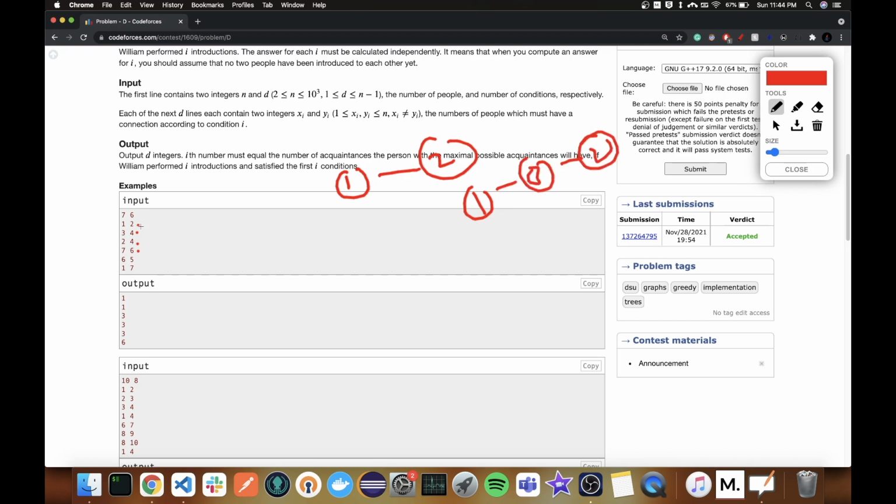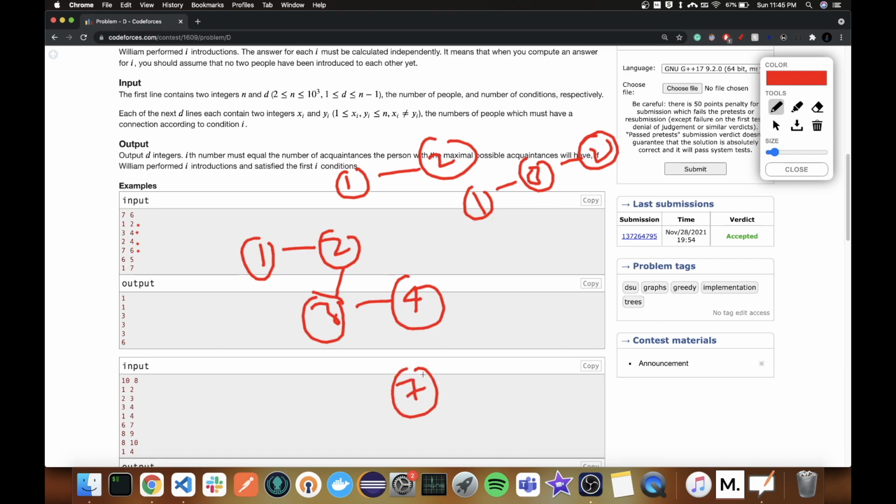So what we want is, as you can see, 1 to be connected with 2, 3 to be connected with 4, 2 to be connected with 4, so it can even be like this, and 7 to be connected by 6. And then what we want to tell is that if all these conditions meet and there are exactly i connections, so 4 connections, as you can see there are 4 connections, then what is the maximum possible degree of some vertex?